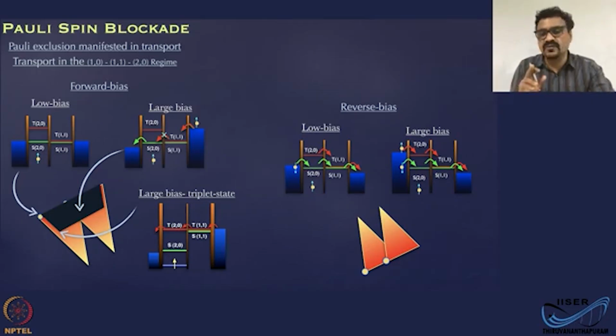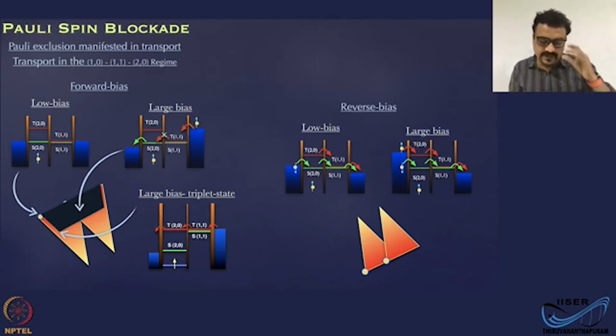We are in the 10, 11, 20 regime. What that means is one of the dots always has the electron. There is one extra electron all the time in one of the dots. In this case, only dot 1, that is the left dot. Okay, and that is represented by the single spin here. Now this is dot 1, this is dot 2,